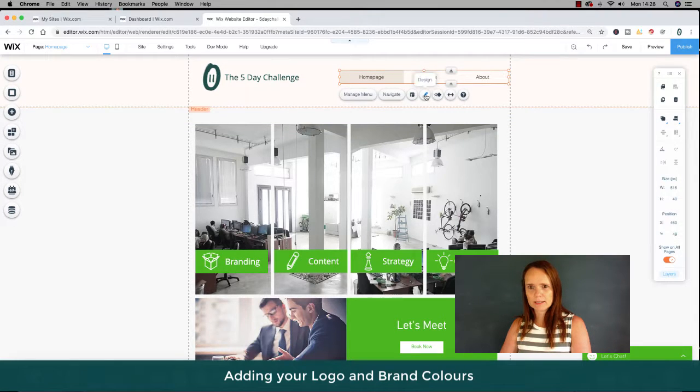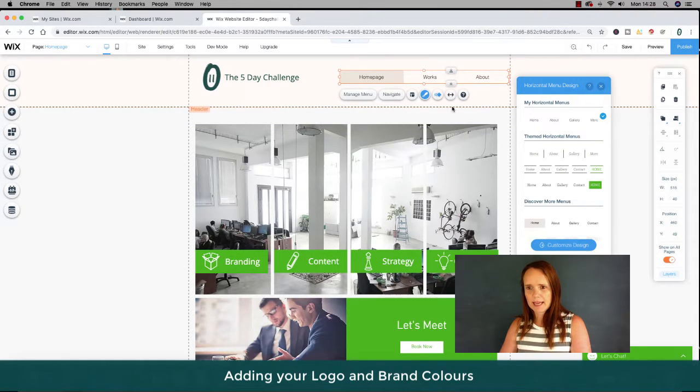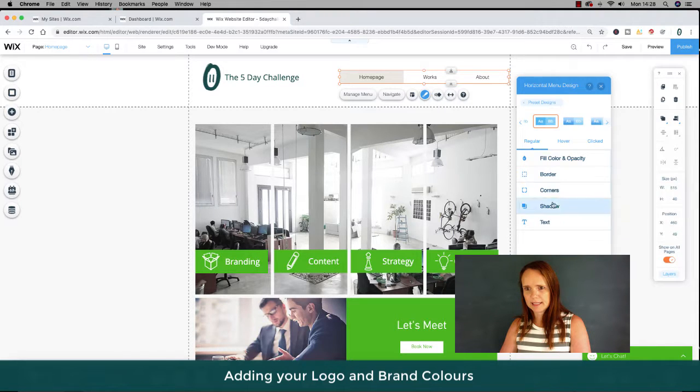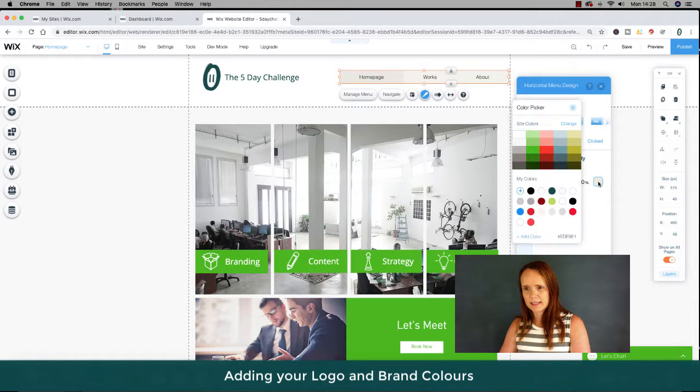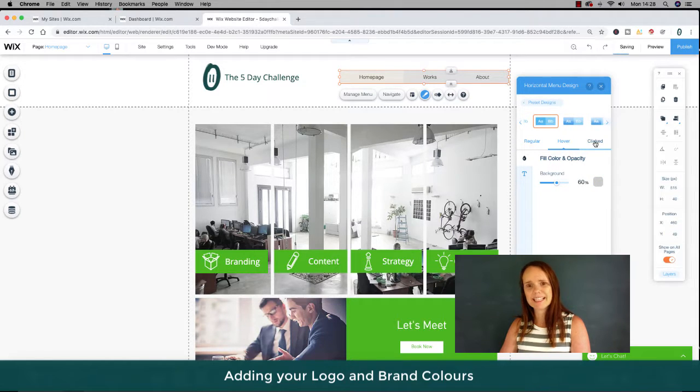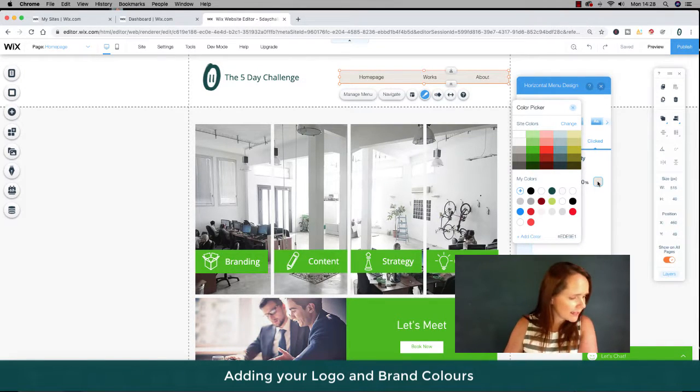click onto it, click the design, and I'll custom design that color and hover at that color, and I'm going to change it slightly to, I think, a lighter gray rather, that color gray. Okay, and once they click it, what is it going to look like? Once they click it, I think I'm going to make it one of my other brand colors, which will be